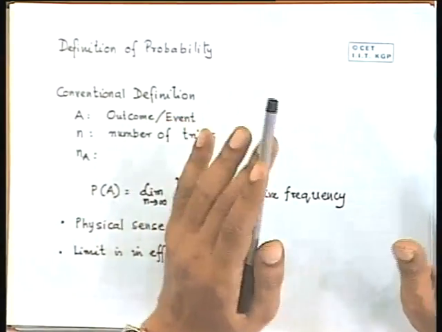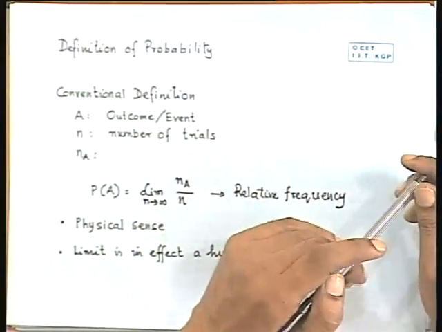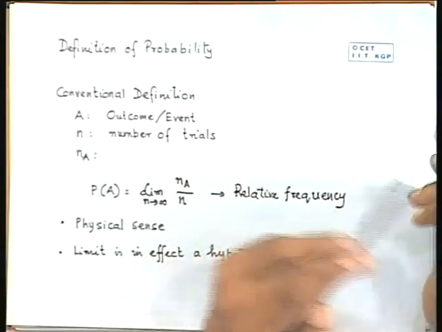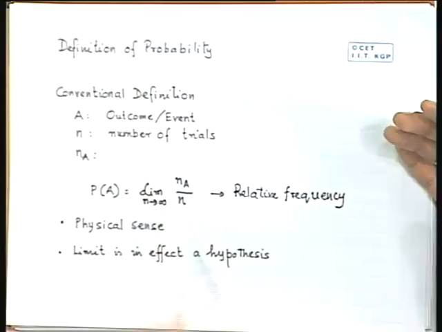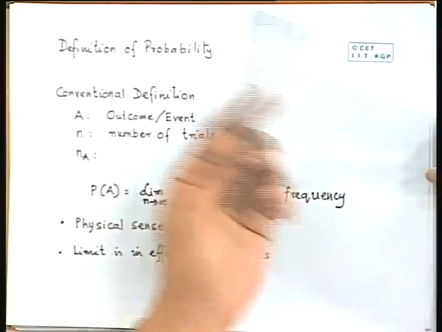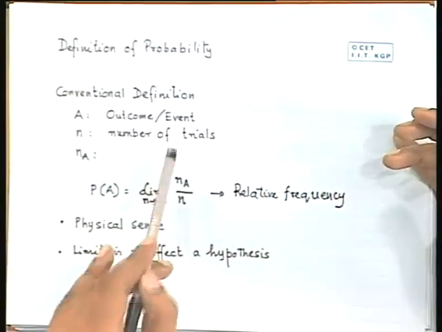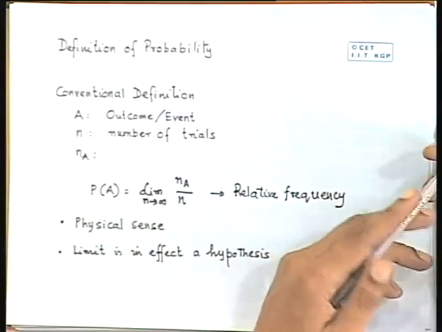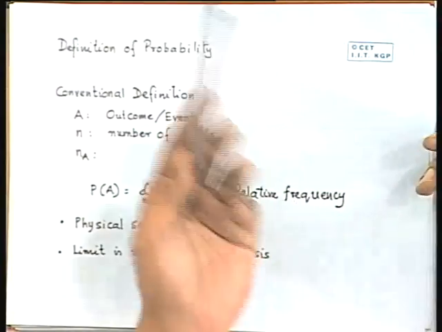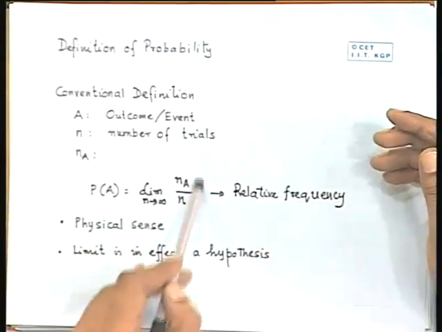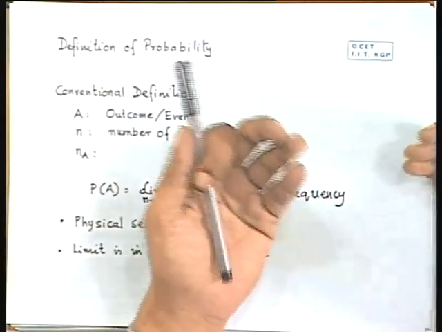But at the same time, mathematicians are very, very abstract and logical people who do not care too much for physical cases. So they would say, no. What is this? First of all, what is the use of this definition? Because if you are talking about physics, can you really verify this limit? You cannot, because then you have to do an infinite number of trials. And then without performing an infinite number of trials, how do you know even that this limit exists?